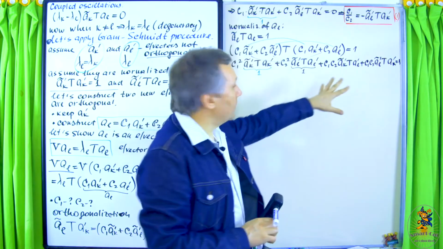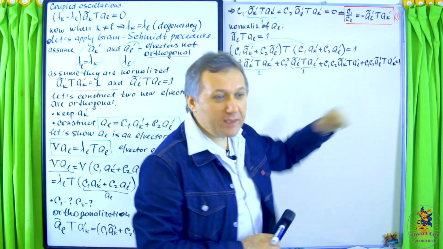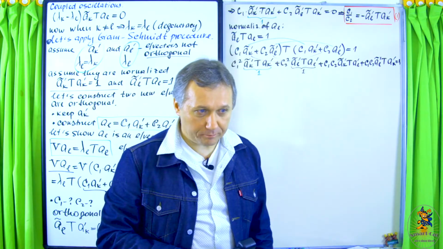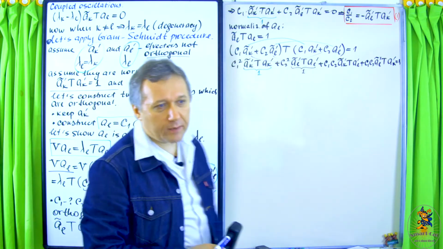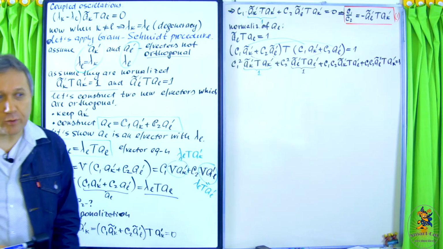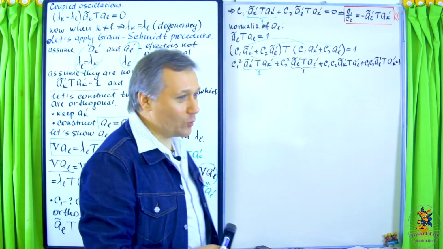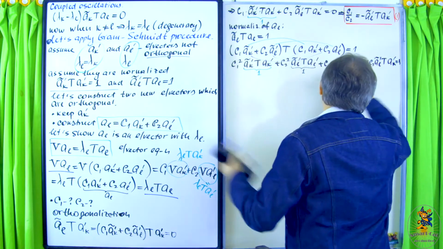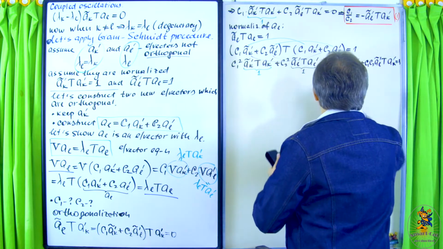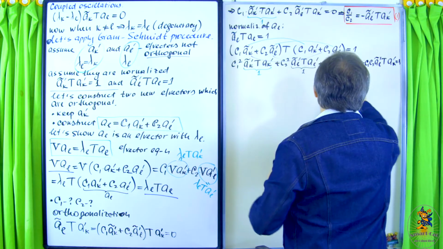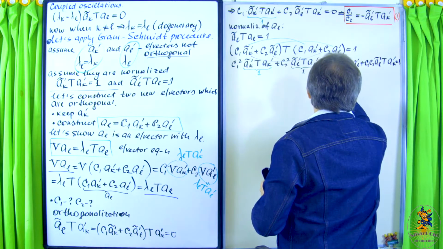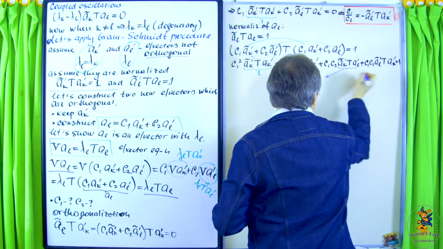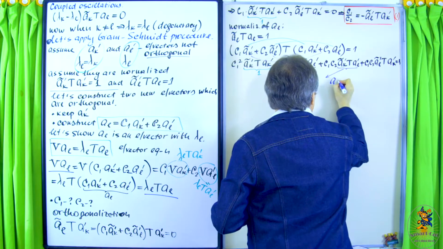Okay, let me write. Basically, I want to show now that this term and that term are identical. In order to do it, let me write them in component form. Very often, in order to see what is inside, it's better to write it in component form. It's messier, but more informative sometimes. You know what? Let me use blue. So let me write it over here. Let me start from the last one,